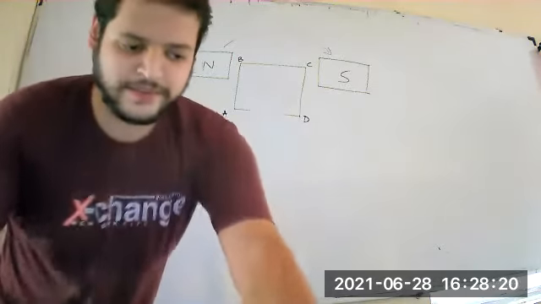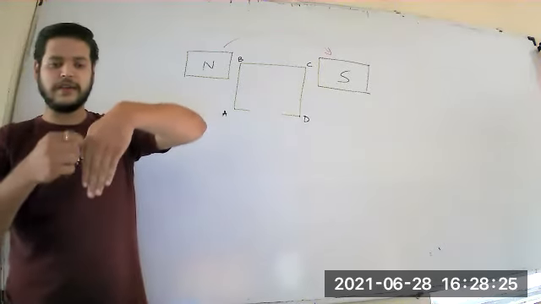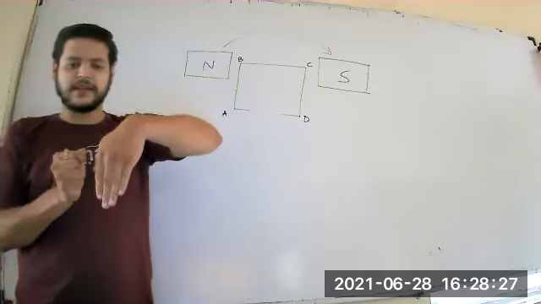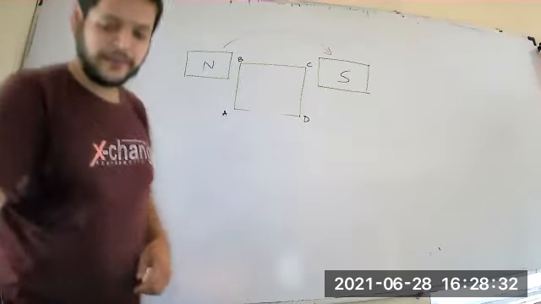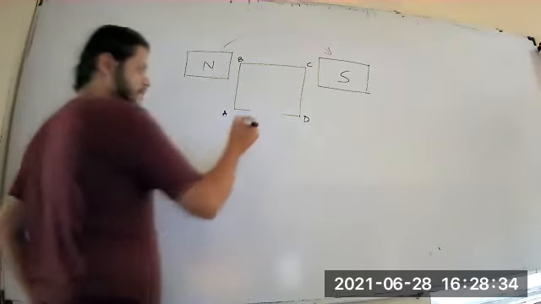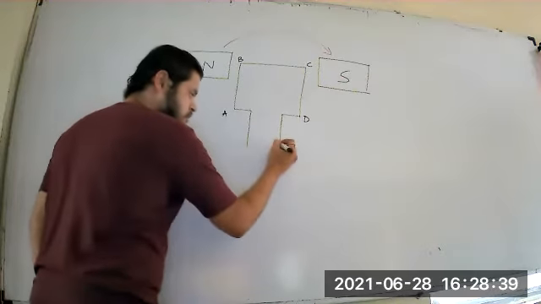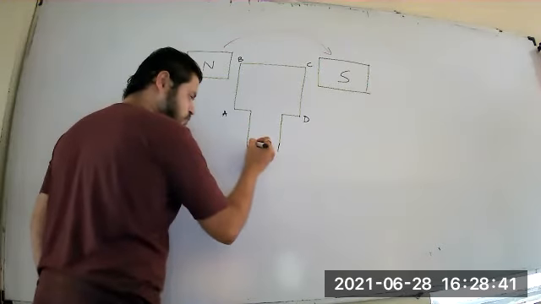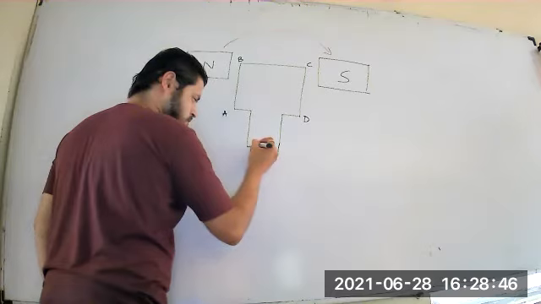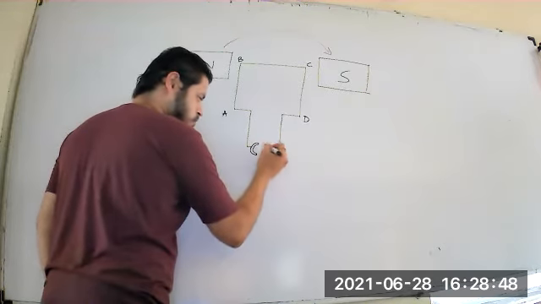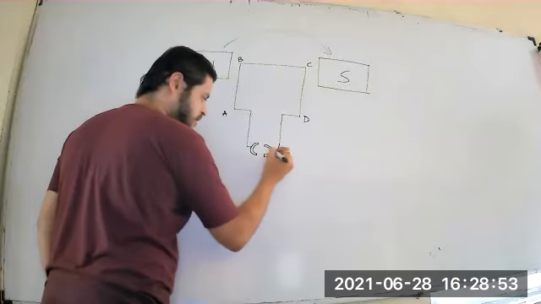Now this coil is in this form. Okay, so this is your coil A, B, C and D, and here there are two magnets. It is placed in this manner. Okay, then what we will do is we will connect this coil to two split rings. Okay, there will be two split rings. We will see their function as I explain further.